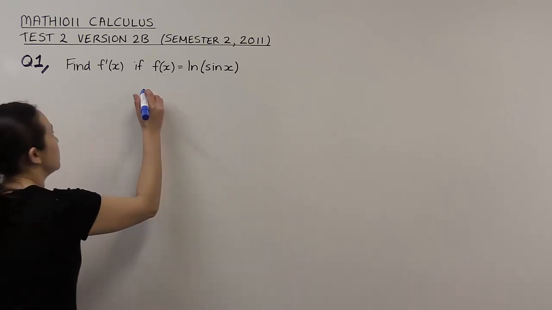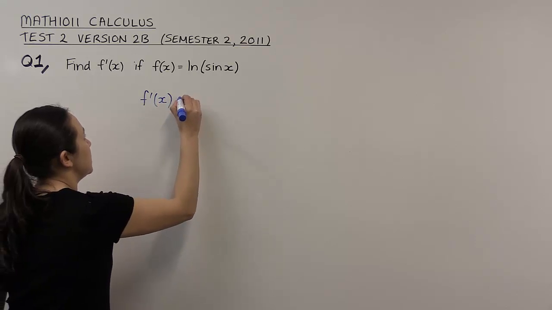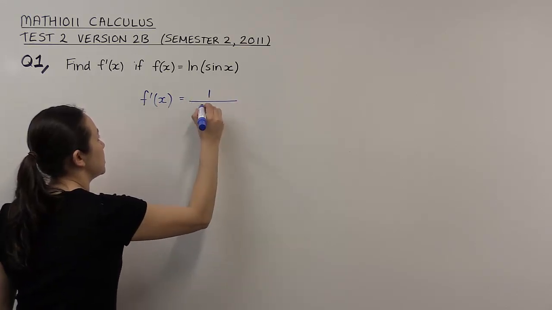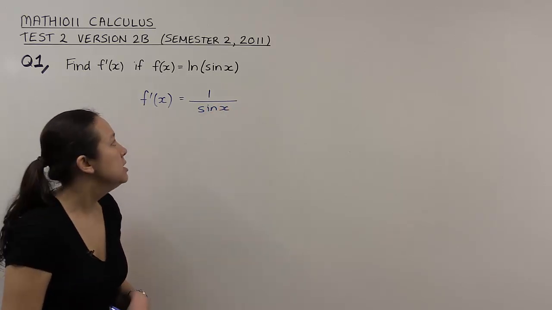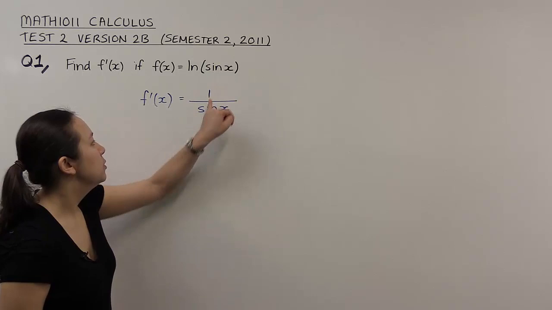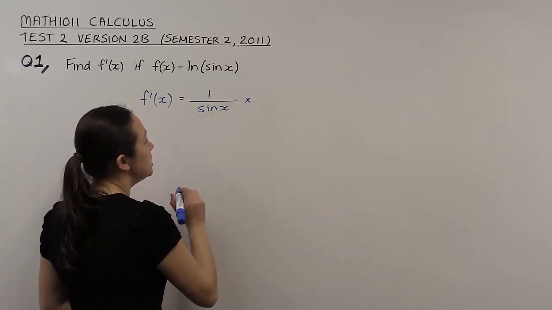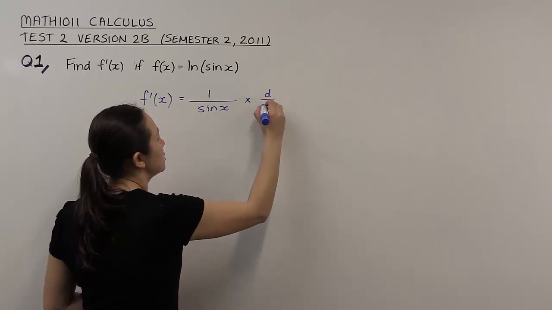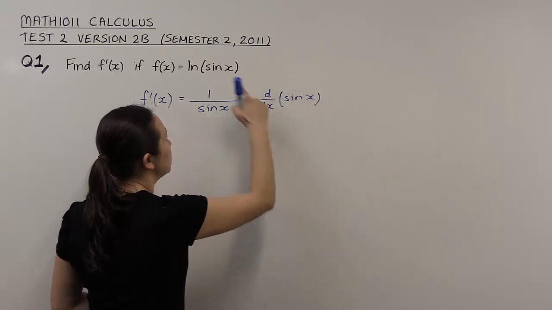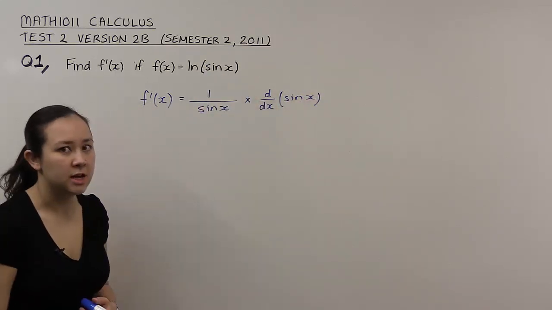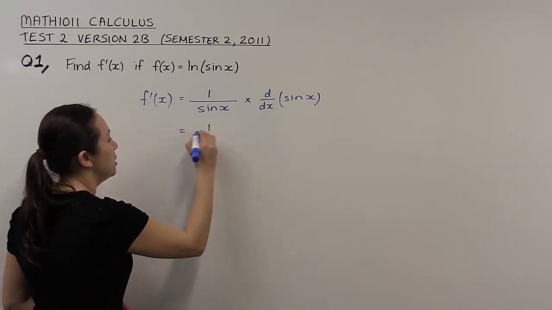So if f of x equals log of stuff, then f dash of x equals 1 over stuff. That's the rule for log. Log of x differentiates to 1 over x, so log of sine of x differentiates to 1 over sine of x. The chain rule, however, says that in addition to this, we need to make sure we multiply by that inside differentiated. So we need to multiply by the derivative of sine x because we have a function of a function here. So we have 1 over sine x